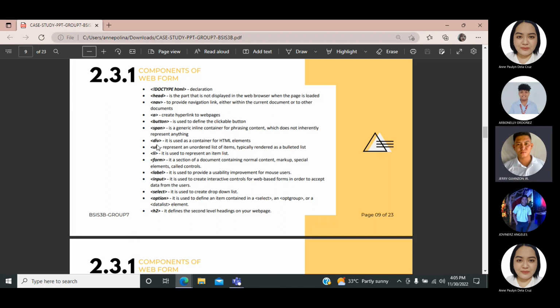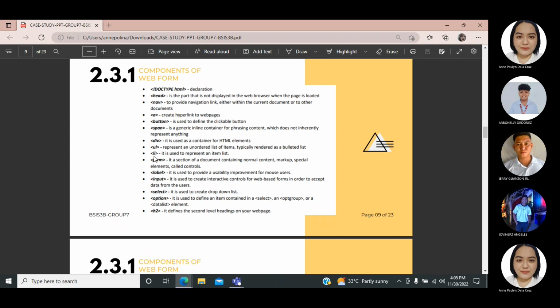Div is used as a container for HTML elements. UL represents an unordered list of items typically rendered as a bullet list,